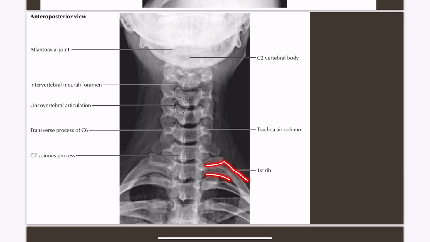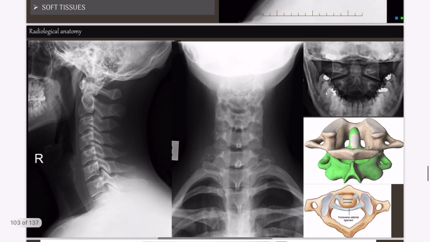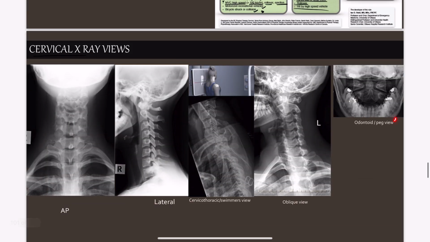Here is the first rib. From below to up, here is the first rib, and this is the trachea, which you can see as the dark lines over here. And this is the uncovertebral articulation, the articulation between the vertebral bodies, and the C2 vertebral body. You can see the atlantoaxial joint over here. So to see the atlantoaxial joint better, we have another view called a peg view